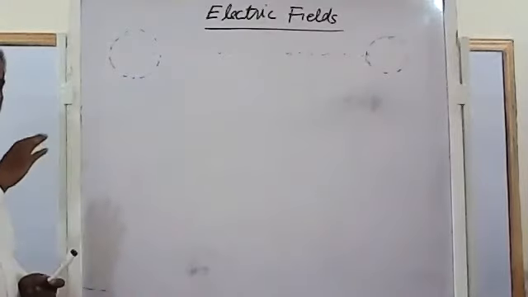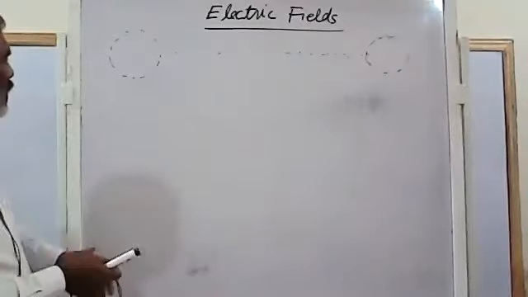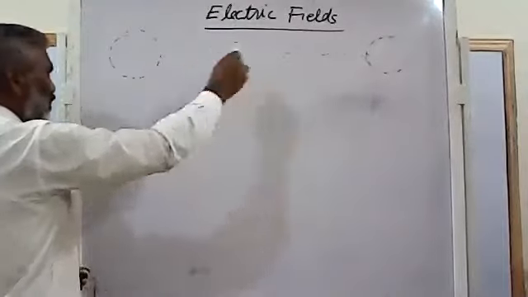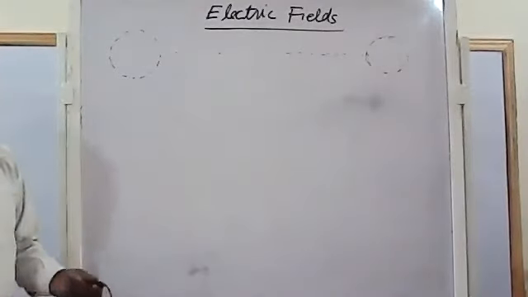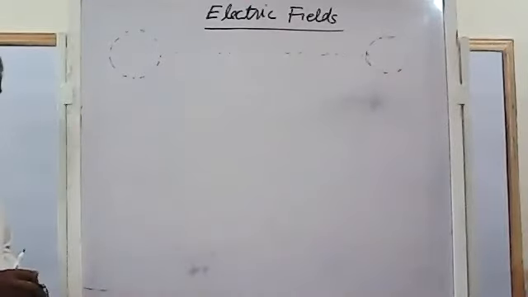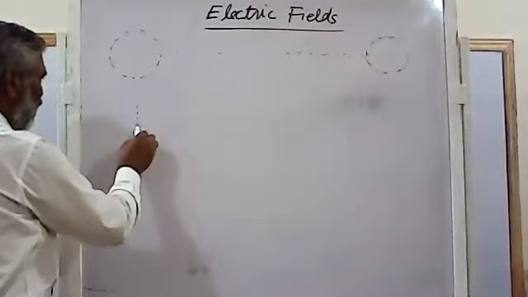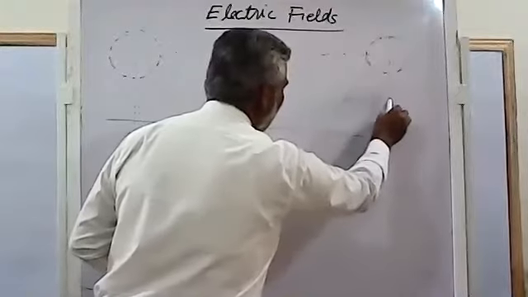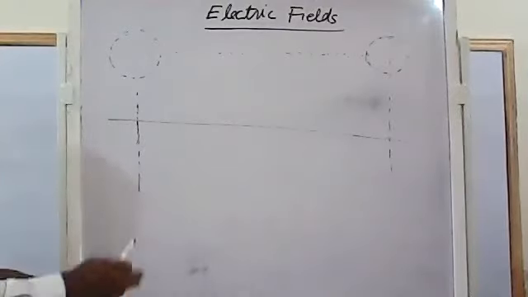They are provided with certain charge, and as a result, they have an electric field around them. So due to the charge present on this sphere and on this sphere, they have electric fields, and they have their values of potential around the space about these charges. If I start from the center of this sphere and move to the center of this,